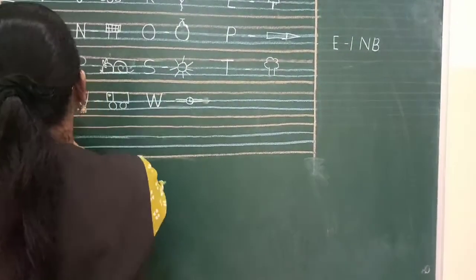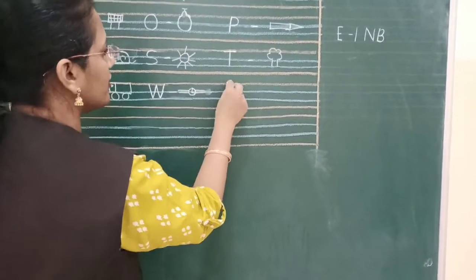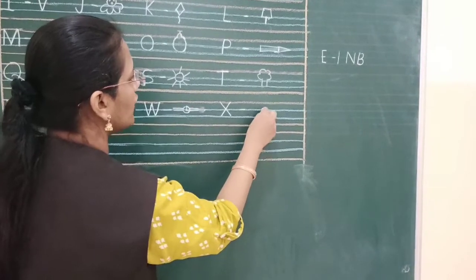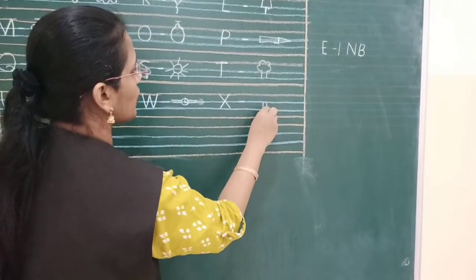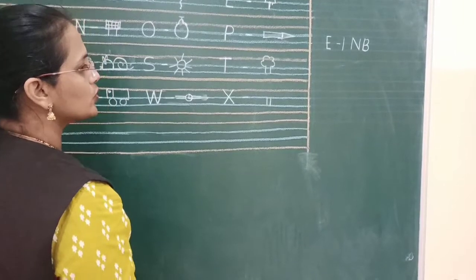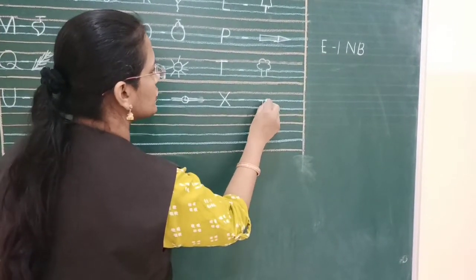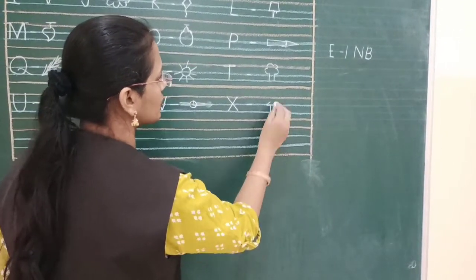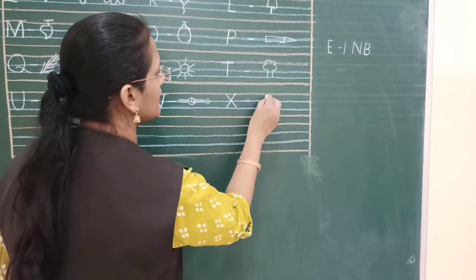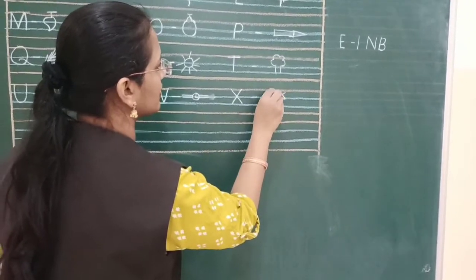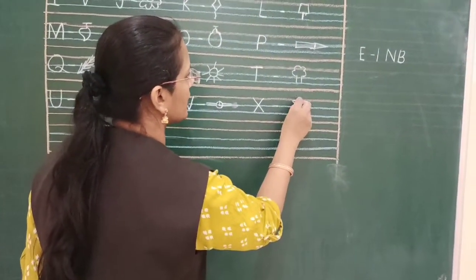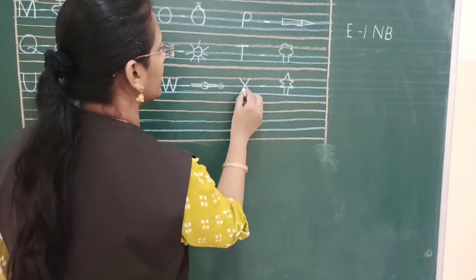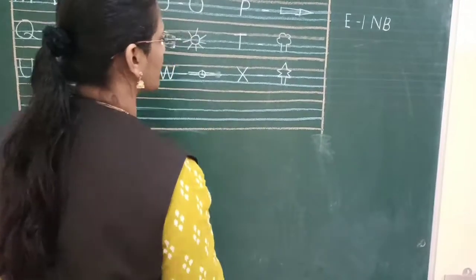Then after W, U, V, W, then here X will come. X, and X is for Xmas tree. So how we have to draw? Like this two standing line and then 2 sleeping line from this side, then go up, from here also go up, then again slant line like this, again come inside, and here one up and down line. Simple way. Okay, so X is for Xmas tree.